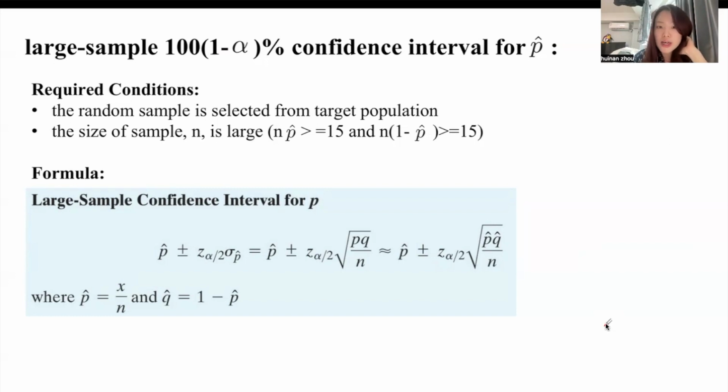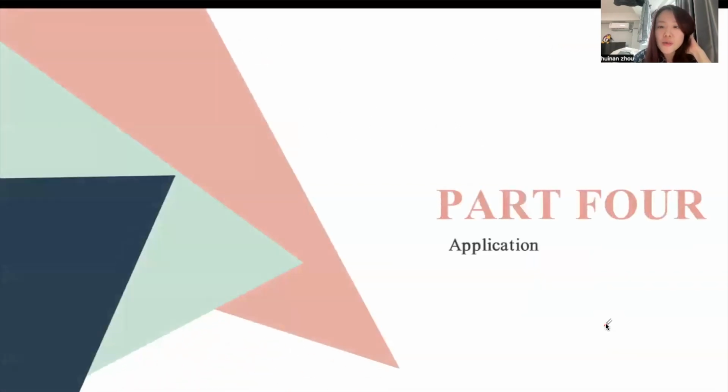And the second is similar: n multiplied by 1 minus p hat is greater than or equal to 15. If it meets these two requirements, we can say that n is large enough. And for this, we also have a formula here. So after we know the whole generating process and formulas for the confidence interval, we can apply it to some